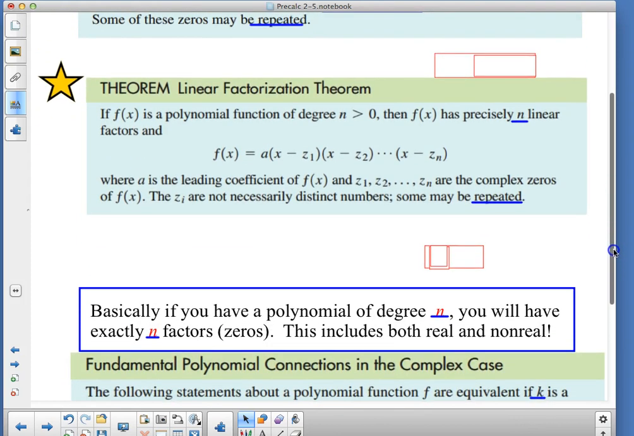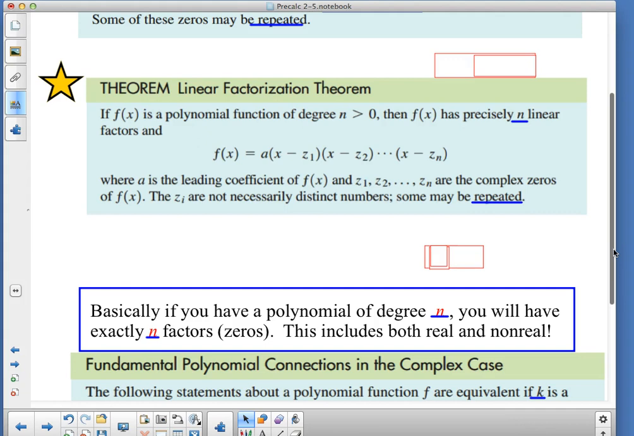Linear factorization theorem: if f of x is a polynomial function of degree n greater than 0, remember, that's the largest degree in the polynomial, then f of x has precisely n linear factors. And we can kind of figure that: x to the first power, x to the second power, and we should have just as many x's as there are degrees in the polynomial as far as factors are concerned. So a is the leading coefficient of f of x and z1, z2 to zn